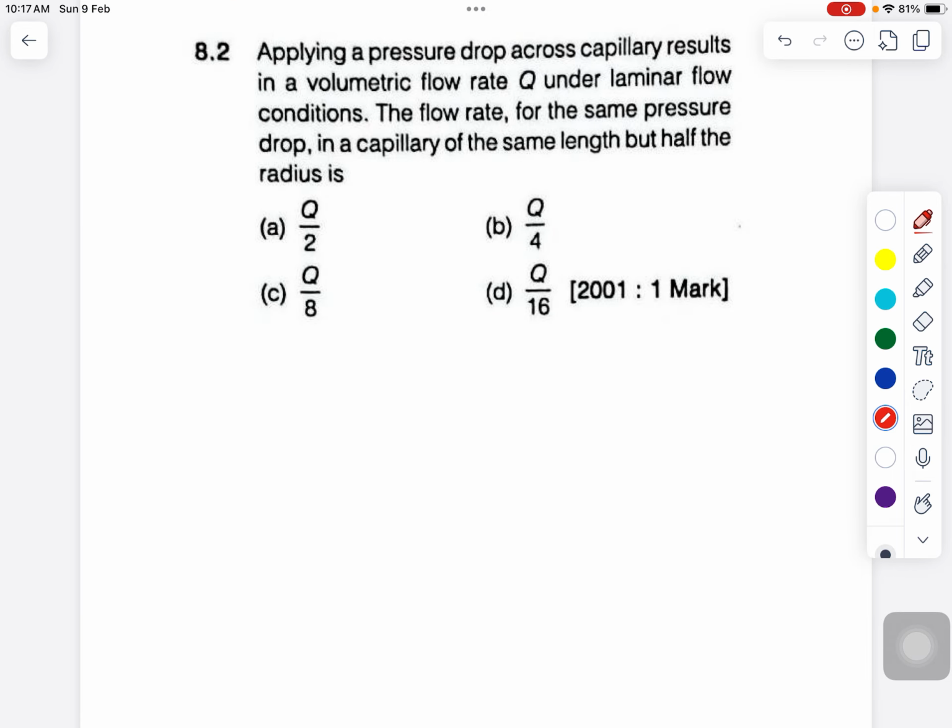Applying a pressure drop across a capillary results in a volumetric flow rate Q under laminar condition. What is the flow rate for the same pressure drop in a capillary of the same length but half of its radius? So when we talk about laminar flow condition, delta P by L is equal to 32 mu u bar divided by d square. Is that clear? So here you can see that the pressure drop per unit length is inversely proportional to